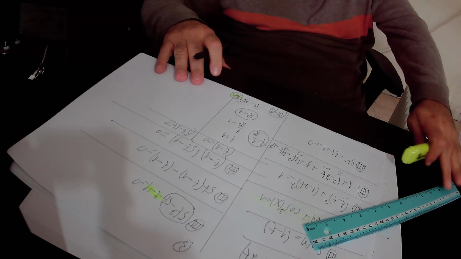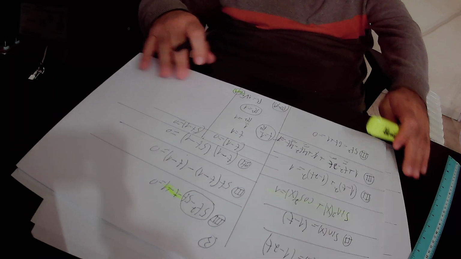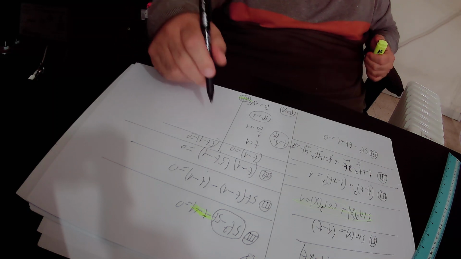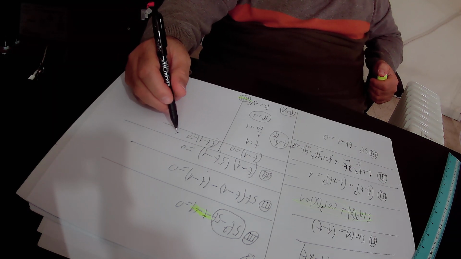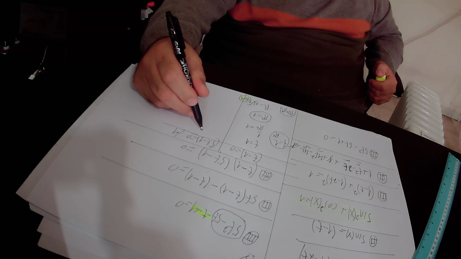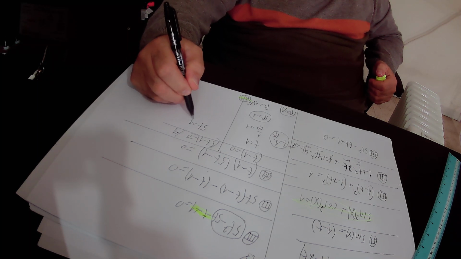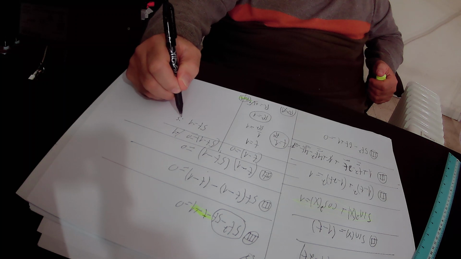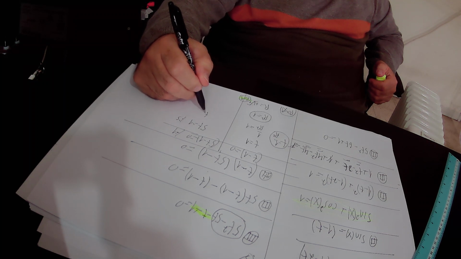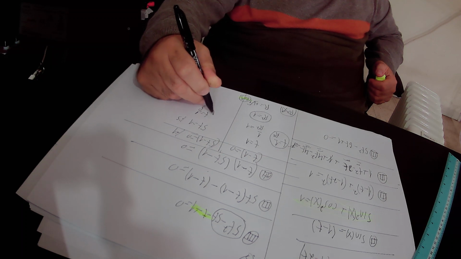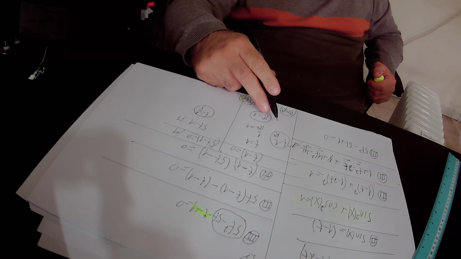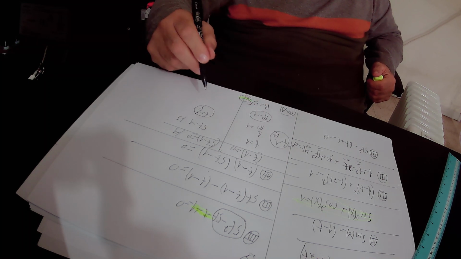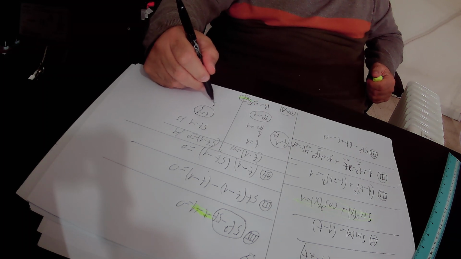We have the second solution that is possible for equation number 3: 5t minus 1 equals 0. We will add 1 to this equation and we will get that 5t equals 1. We will divide this equation by 5 and we will get that t equals 1/5. But t is equal to 1 over r square, so we'll substitute t by 1 over r square